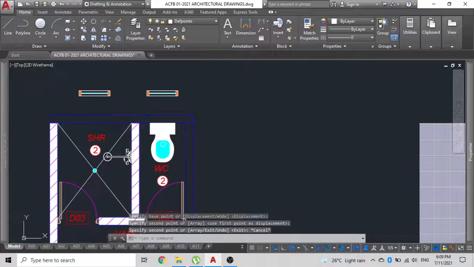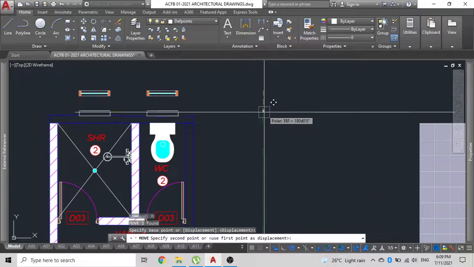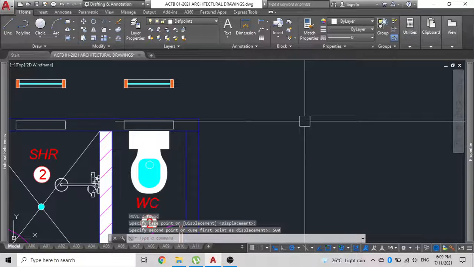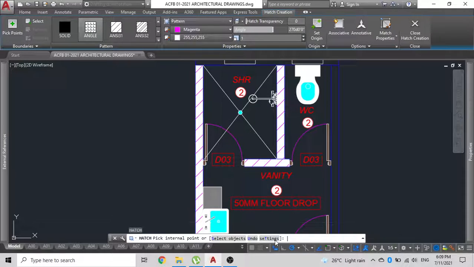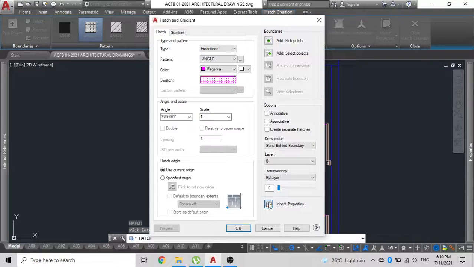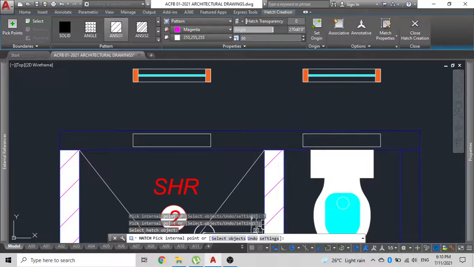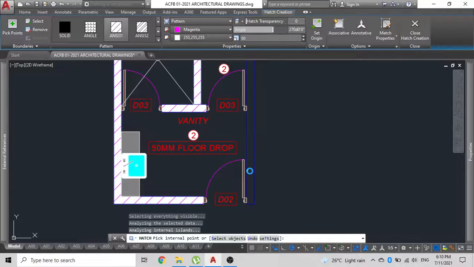The reason why I have drawn these is so that they provide an ample barrier for the hatches. The hatches will not cross any solid lines that show there. Now what I'll do is type H for hatch, then press enter. Click on the settings, click on inherit properties, select the hatch that I wish to be used here, and just hatch it into place. There you go. That's one, and that's two.